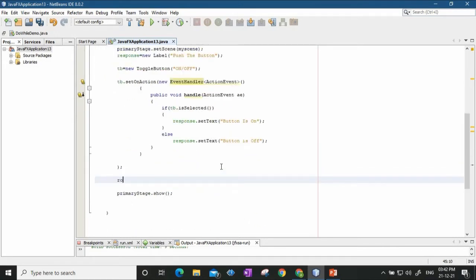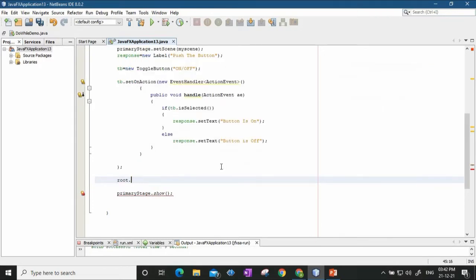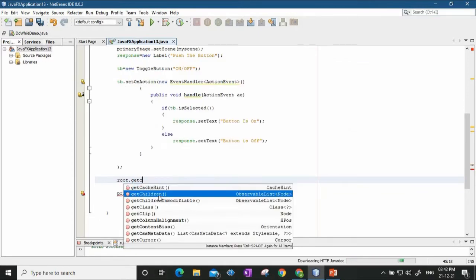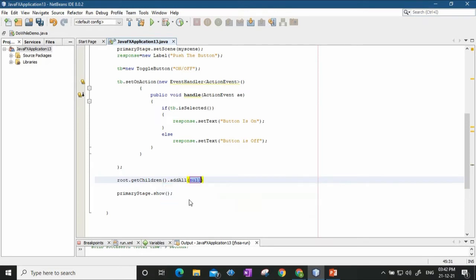So I'll say root.getChildren().addAll, and first I will add the toggle button tb, and then I will add the label that is response.